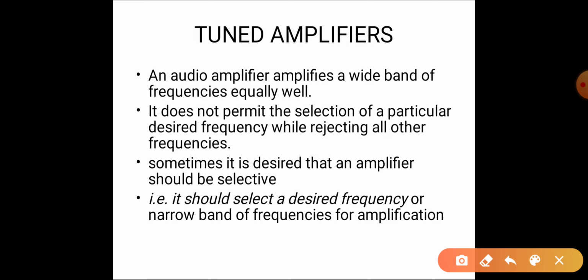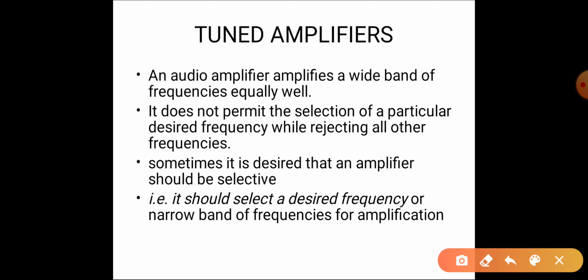Suppose in your area there are many channels, FM channels, AM channels. FM is nothing but frequency modulation; radio channels are there, television channels are there. Then you want to watch, or hear, a particular FM radio channel.